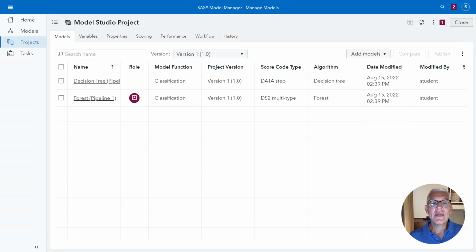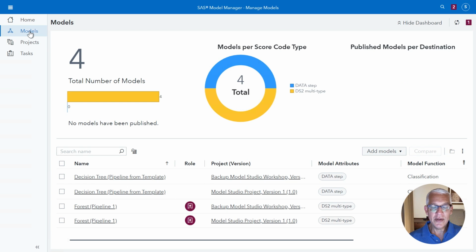So that's running in the background, and when the Model Studio pipeline finishes retraining, that retrained model is going to be put into a new version, for example version 2, and that way we won't get it confused with the current model, so we'll actually have separate models. Now while that's running, let's go ahead and finish things up by looking at one more of the features of Model Manager. So I'm going to navigate back here to the Models tab, and you can see that we have